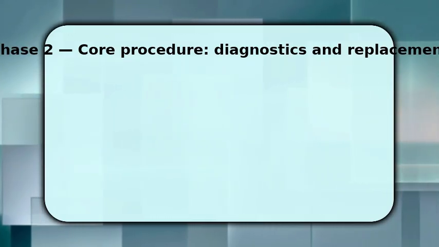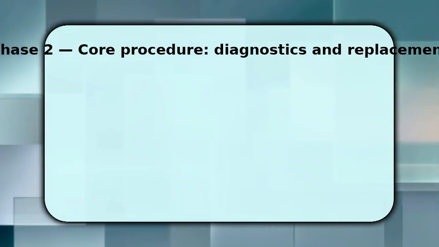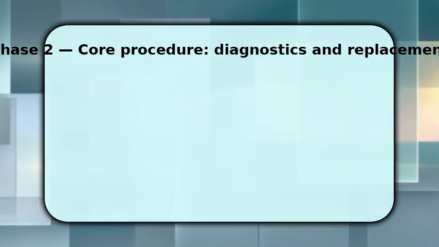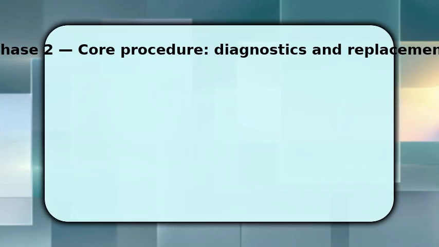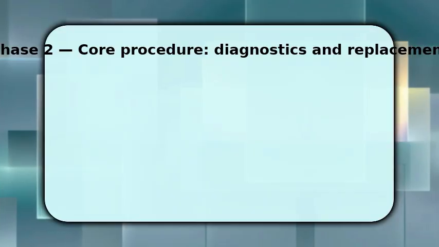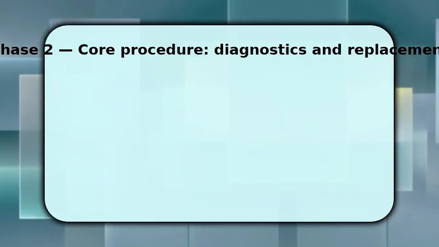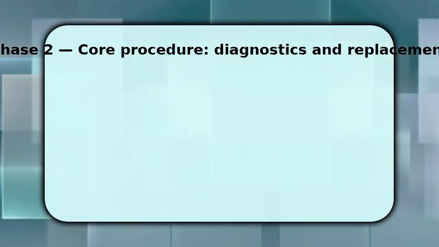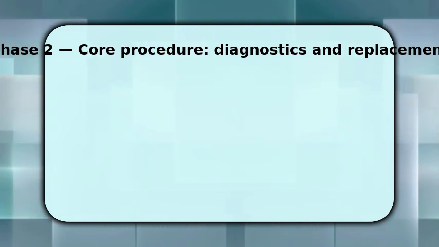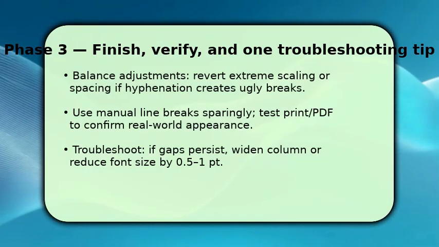Once configured, consider slight character scaling or tracking. Use 1 to 3% only because too much alters legibility. Also insert discretionary hyphens and non-breaking spaces where appropriate, and replace hard returns with soft returns to guide line breaks. This gives the engine more control. To finish, you review each adjusted paragraph and refine, undo any extreme scaling or spacing that